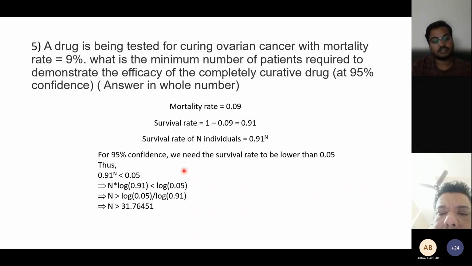After that, because we have a power here, that is n, we take a log on both sides. So the n comes outside, then we get n log 0.91 is less than log 0.05. And because we are taking log of fractions, it will come out to be negative. So when we divide both sides by